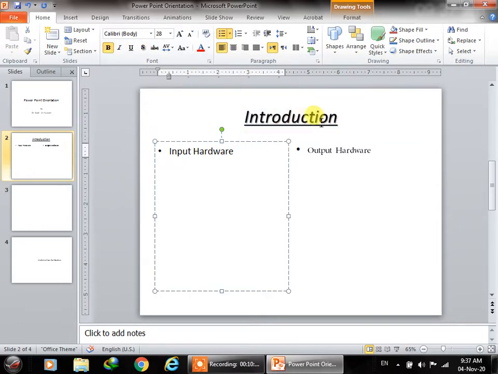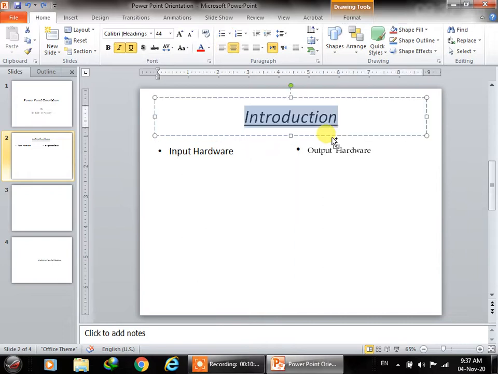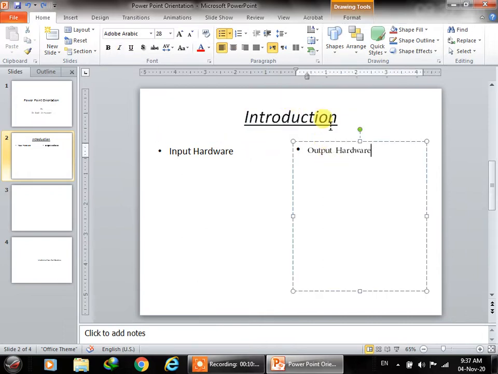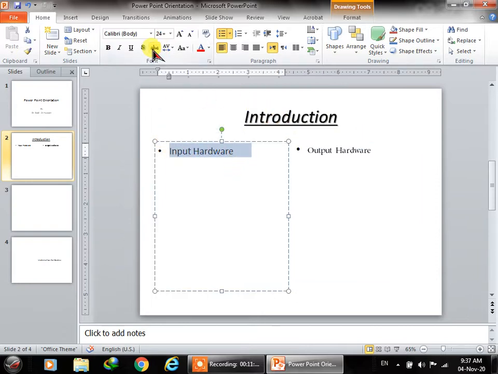If you want to add shadow, see there is no shadow on the introduction, and see now. So there is a bit of shadow added. Now if I want to strike through, let's say, then you can click on this, or you can undo this.